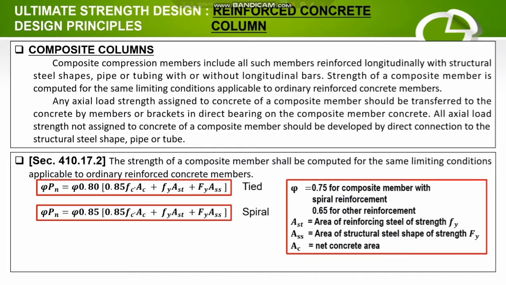The ultimate strength design for spiral reinforcement is given by the formula φ times 0.85 times the quantity 0.85 fc' Ac plus Fy Ast plus Fy Ass, where φ is equal to 0.75 for a composite member with spiral reinforcement and φ is equal to 0.65 for other reinforcement or for tied reinforcement. Ast is equal to the area of reinforcing steel of strength Fy, Ass is the area of structural steel shape of strength Fy, and